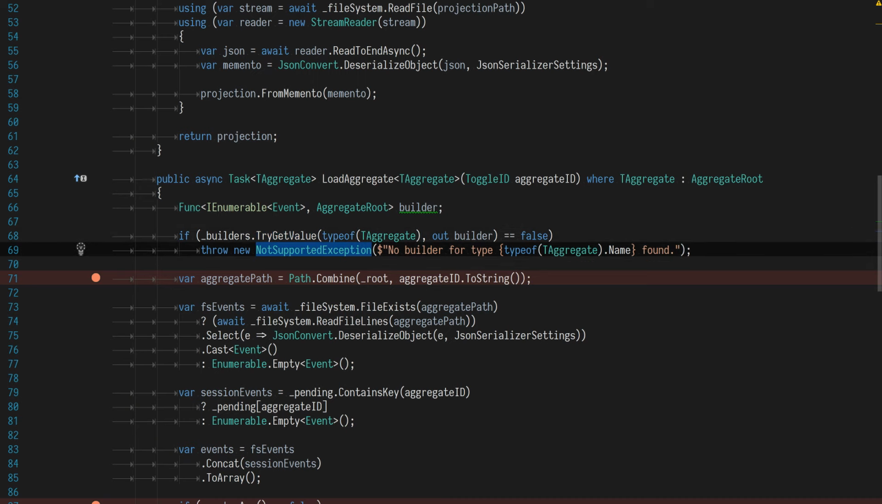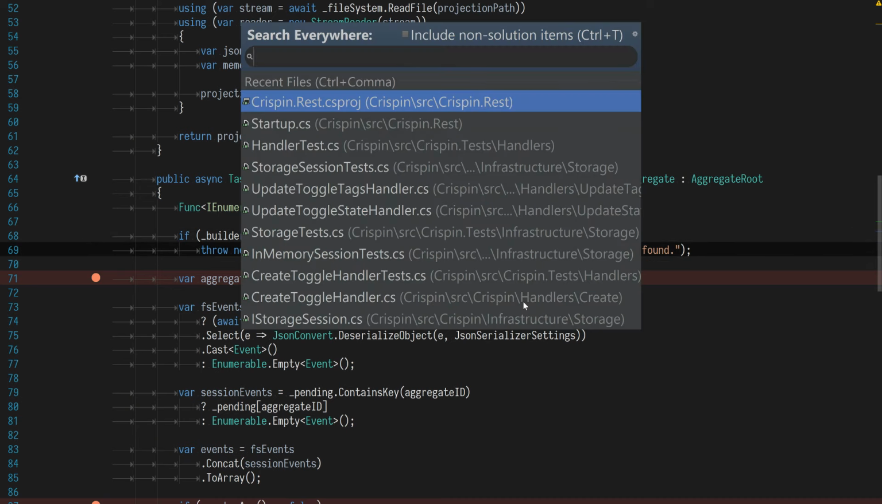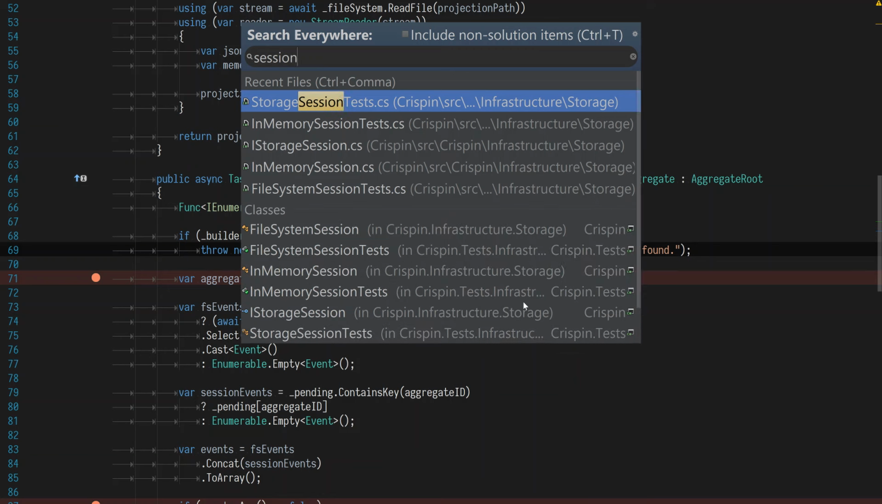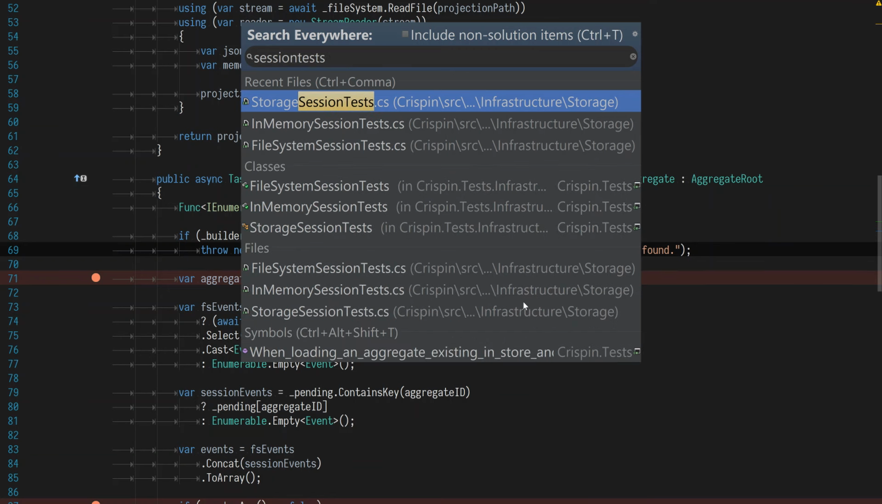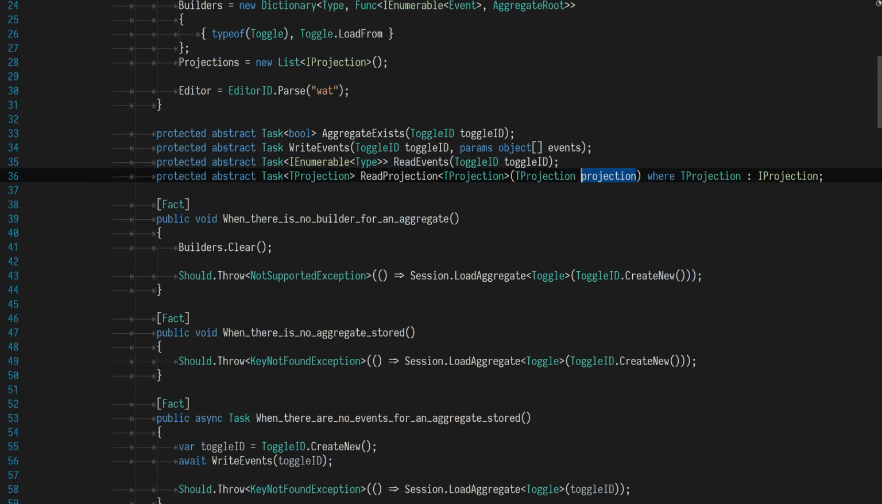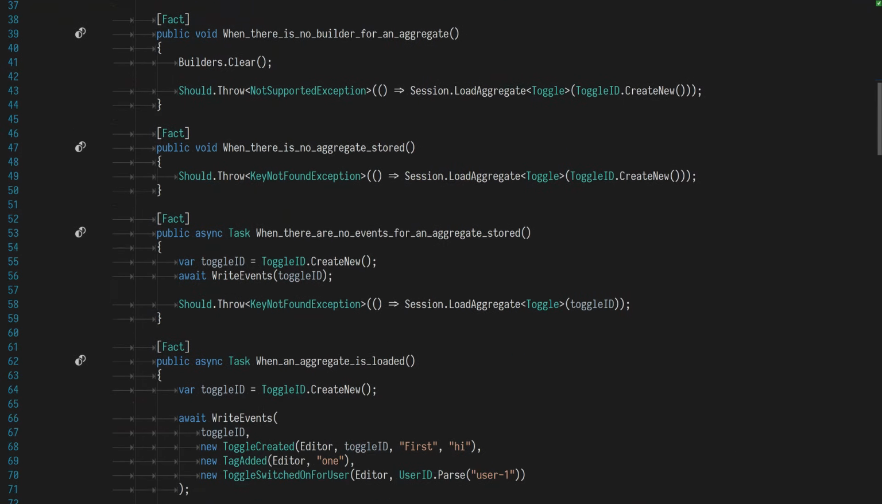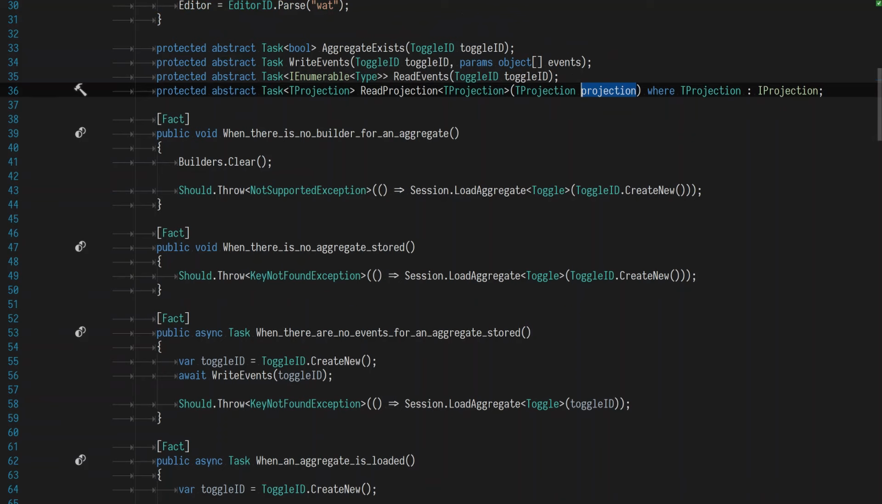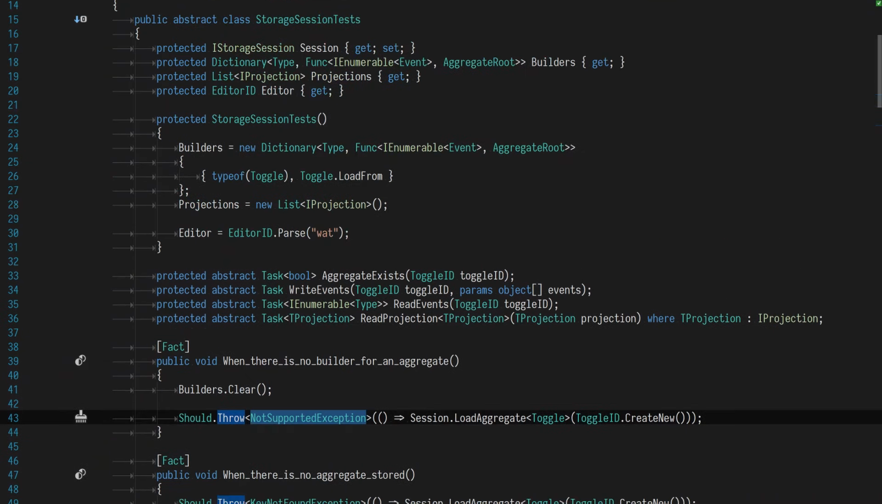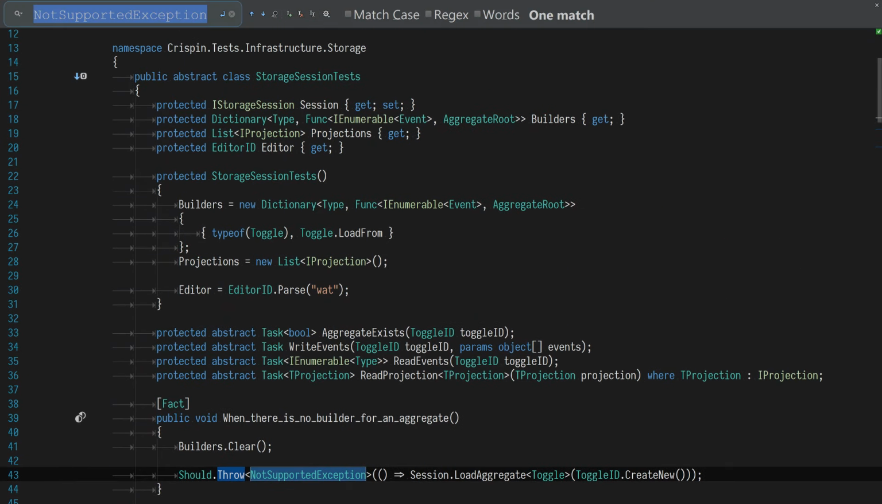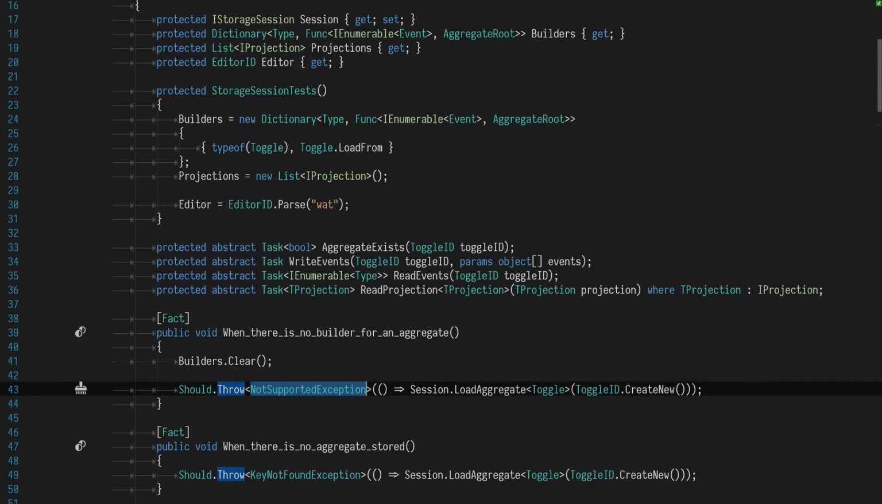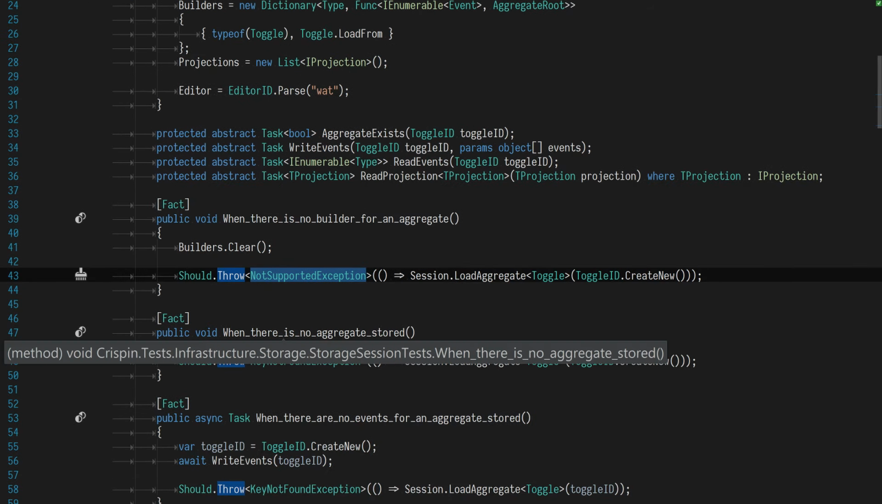So the first thing I'm going to do is go into our session tests file. Now here we've got all of the not supported and key not found exceptions. I think we'll do the not supported one first. I think that's the only one instance of it. So instead of a not supported exception, we want a,